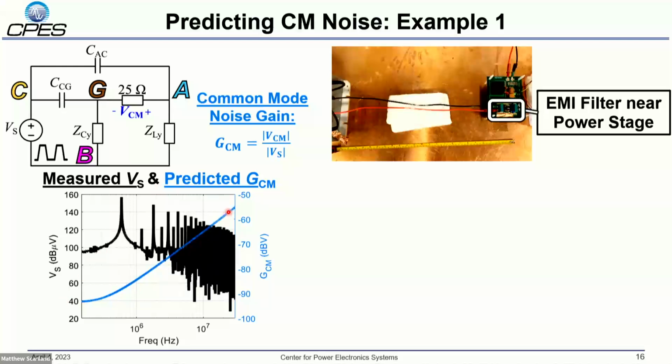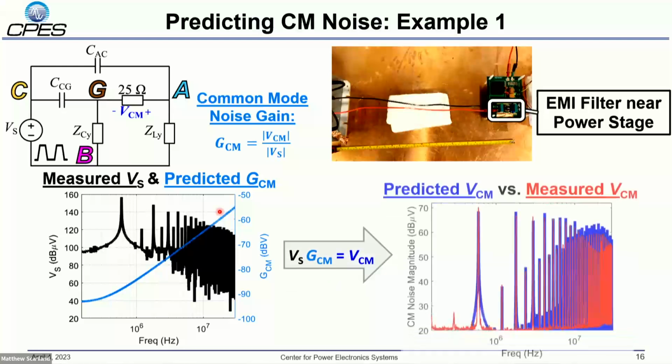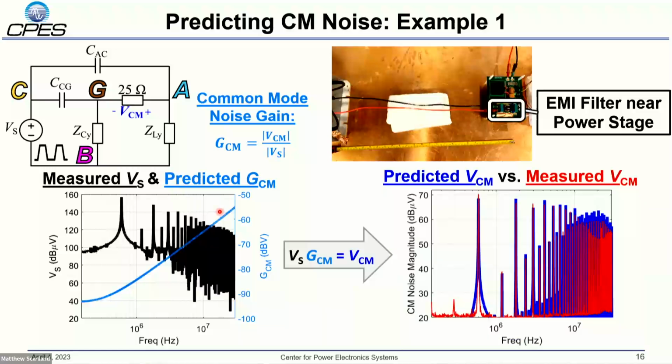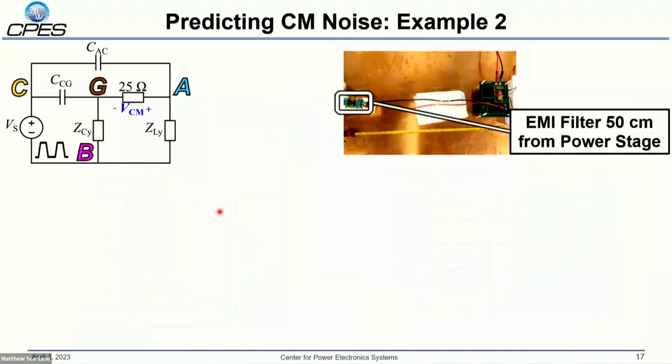And here's the calculated or predicted noise gain overlaid with our measured noise source. If you multiply your noise source with your noise gain, we can predict the actual measured noise spectrum. And here we find close agreement between our predicted noise spectrum and our measured noise spectrum, which verifies the accuracy of this model. We can also verify the accuracy of this model with the filter moved away, just as another